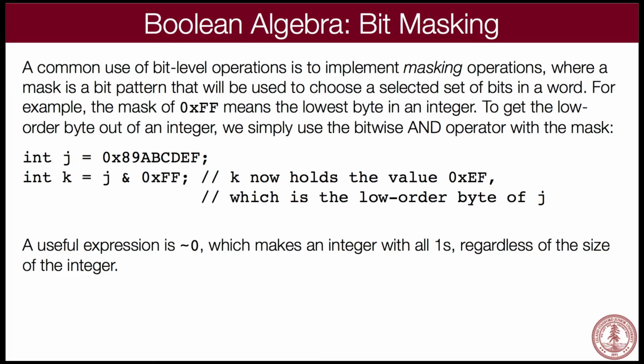This one's a big one. Bit masking. What we can do, because we can't individually get to a particular bit, sometimes we want to get to a particular bit, or sometimes we want to take away particular bits from a number, and we want to just leave the bits we care about. What we can do is apply the Boolean algebra to what we call mask off those bits. So let's use this as an example here, and let's put another one, 1, 1, 0, 1, like that.